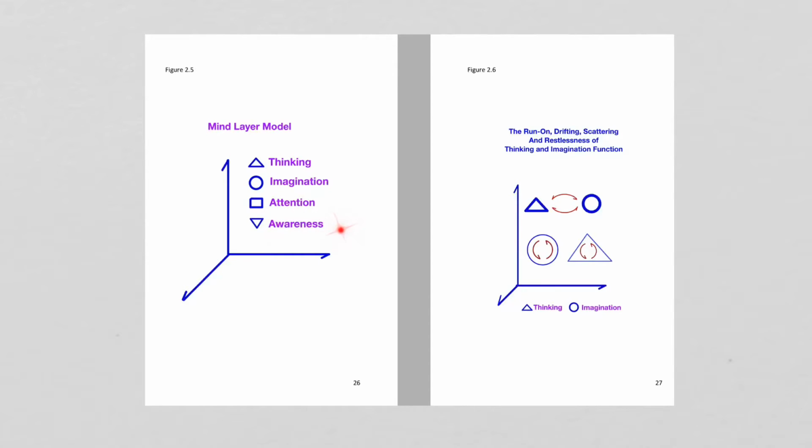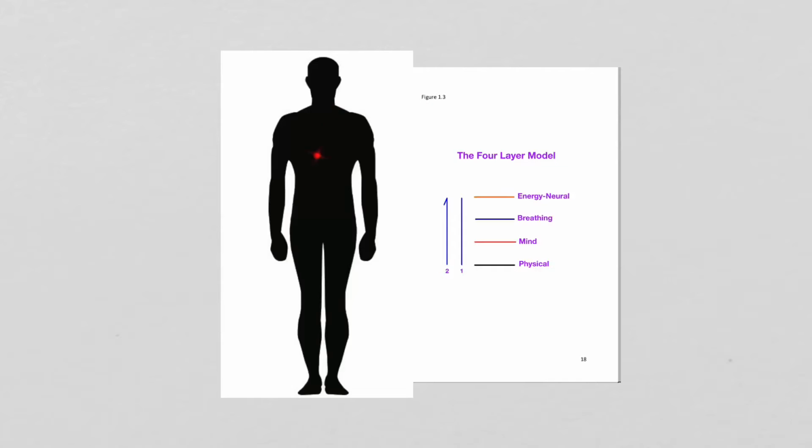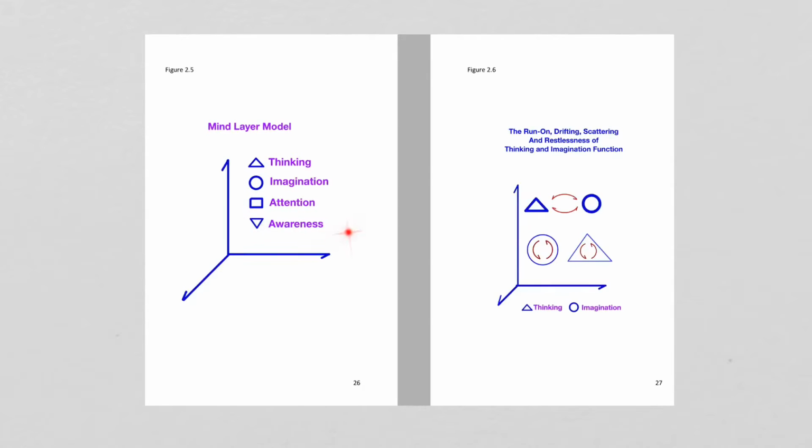Because how to access or evoke awareness, attention, imagination, or thinking function, how to evoke that. If one has no idea on this, it is trouble. Because people can keep talking about awareness, one keeps using thinking to think what is awareness. Say, for example, in the Six Patriarch Sutra, or the Zen Sutra, it is talking about awareness, but people are talking about thinking. Everything is thinking. It's like philosophy. Well, if the mind layer of the human, one has no idea of how this function can be evoked, how to use them, how to select them,